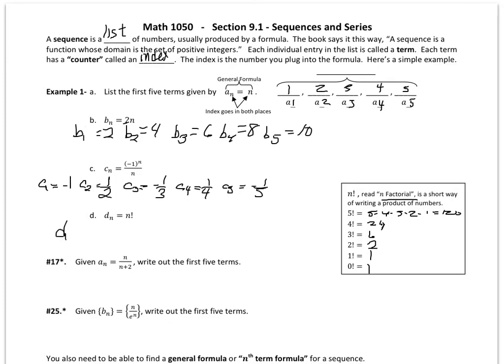So D sub 1 is 1. D sub 2 is 2. D sub 3 is 6. D sub 4 is 24. And D sub 5 is 120. Those are the first five terms of that sequence. Okay? All right, now